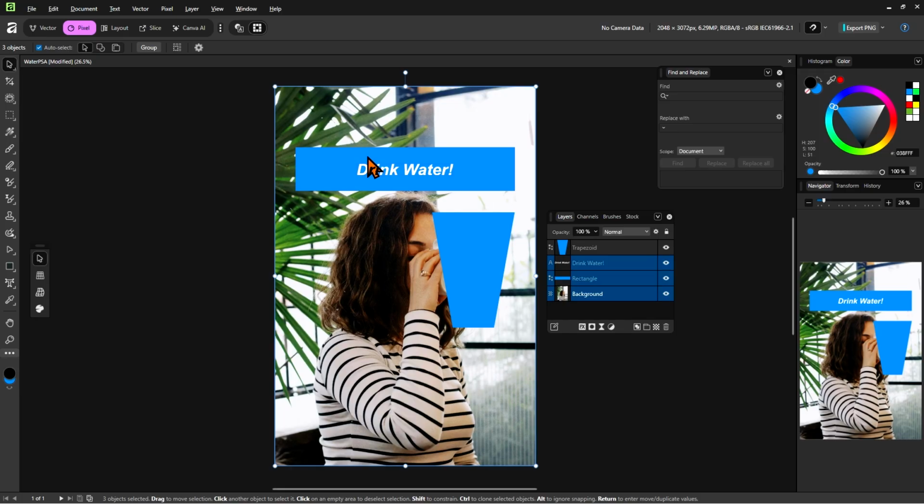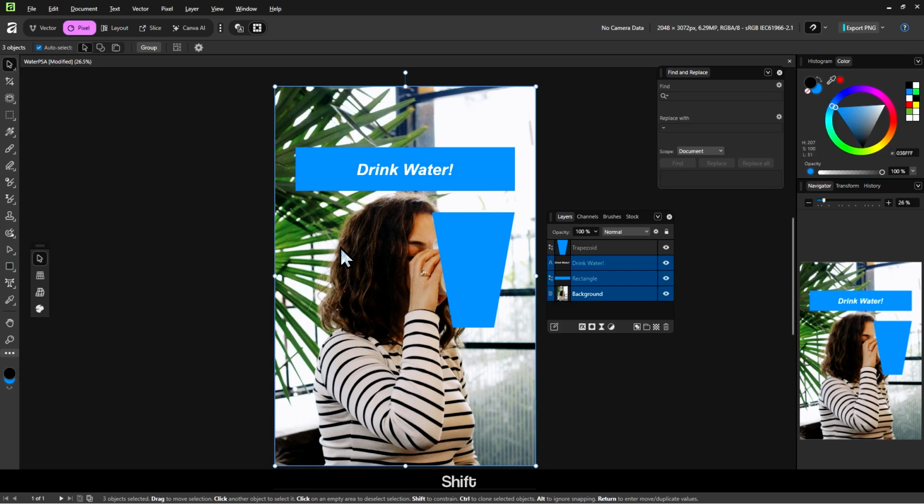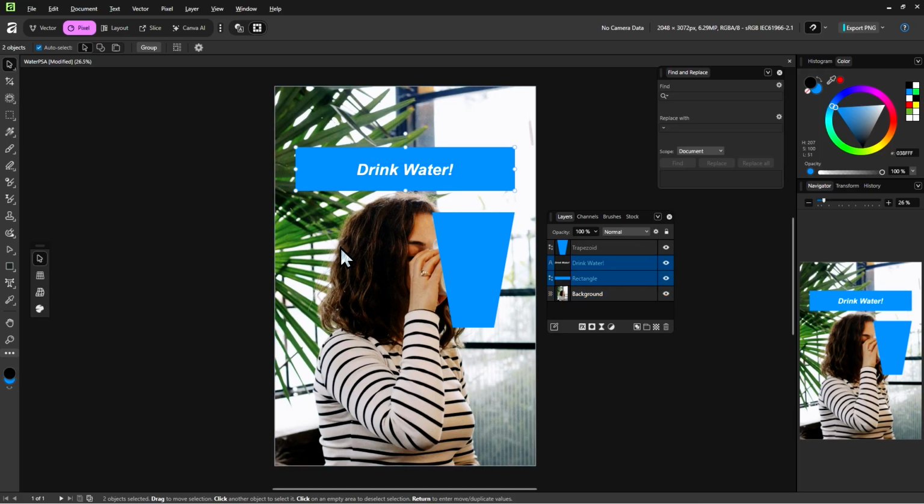But don't worry, using the same Shift button to make more selections, we can also take out any object from our selection. Just hold Shift and click on the object you don't actually want to select, like the image. Then I'll scale this down to the left.